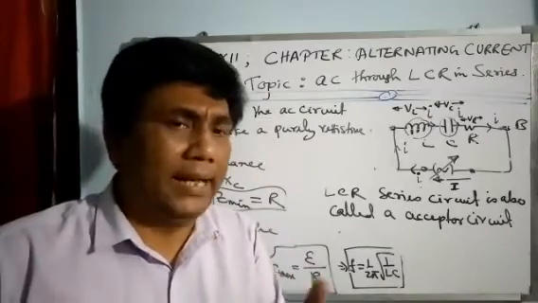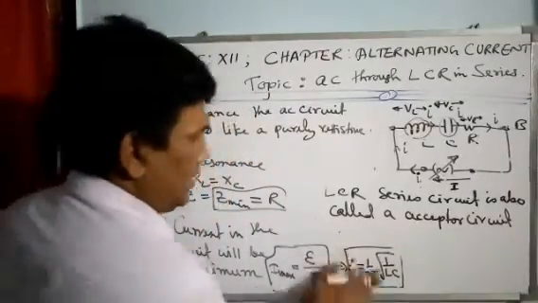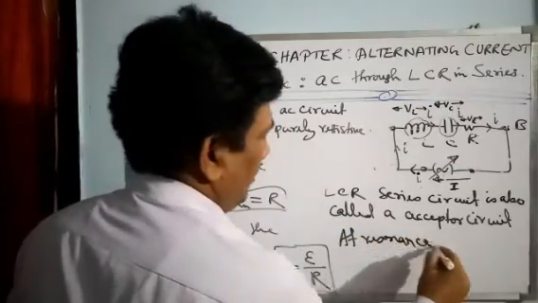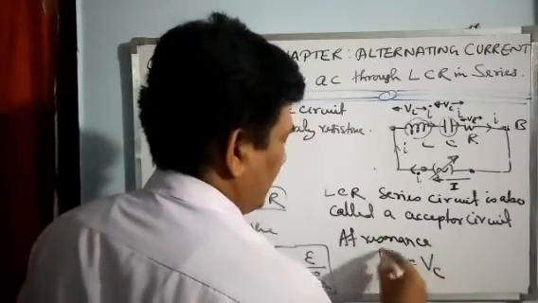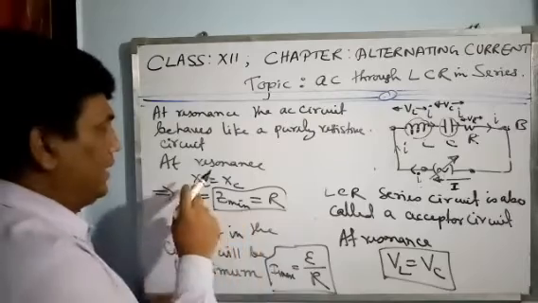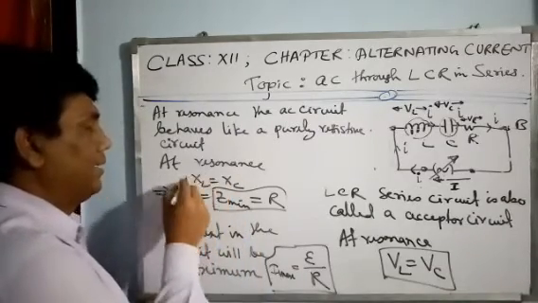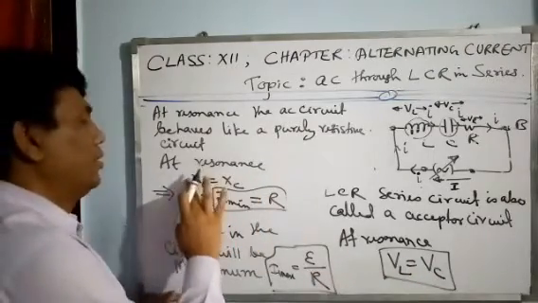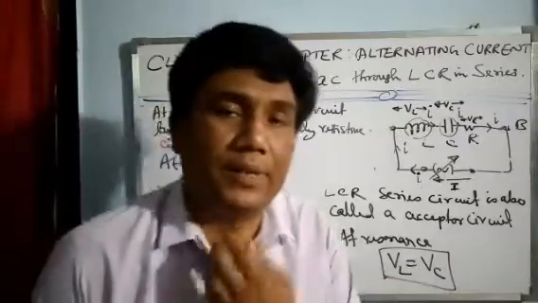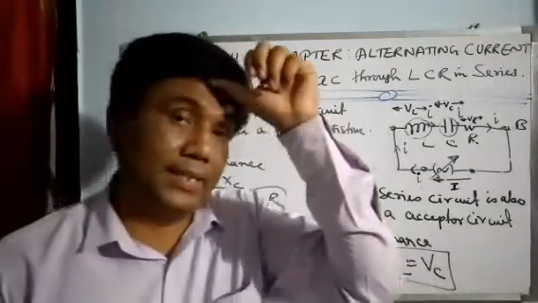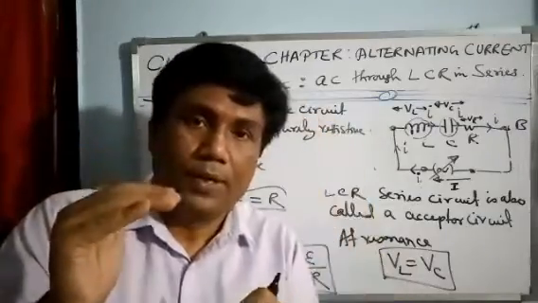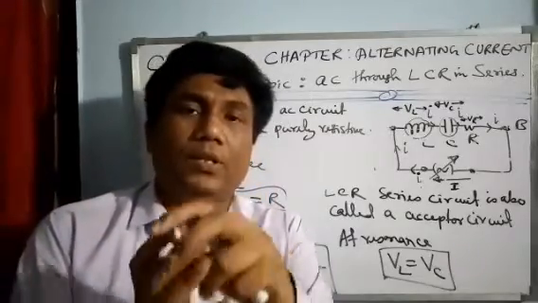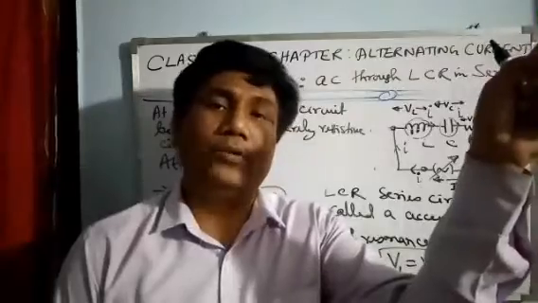In fact, one more thing. At resonance you can write this also: VL equal to VC. Because if XL equal to XC, multiply both sides by I, the current, that will be VL and that will be VC. So the voltage across the inductor and the voltage across the capacitor cancel each other, because it is VL minus VC. If one is raising voltage, the other will drop. Means the voltage given by the inductor will be cut by the capacitor. So the voltage given by the source will go to the resistor.